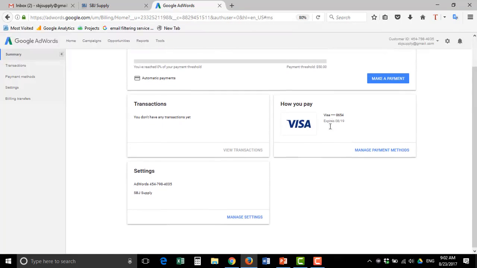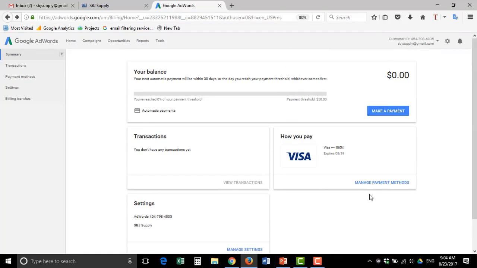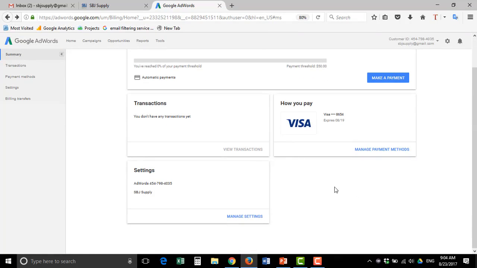So that is an important thing. As you advertise more, as you spend more, that payment threshold will increase. So if you have a question of how Google will charge you or when they'll charge you, this is that number. I also wanted to go over the second most important thing in here,